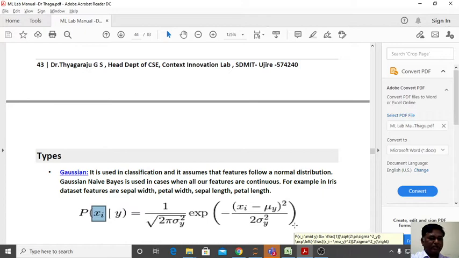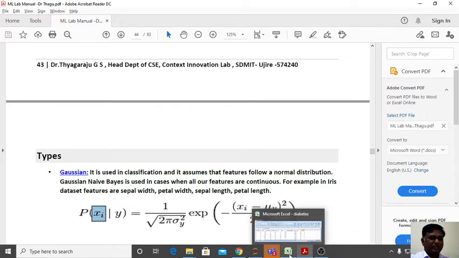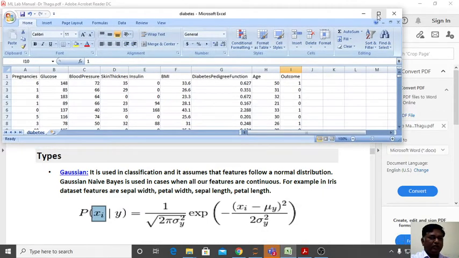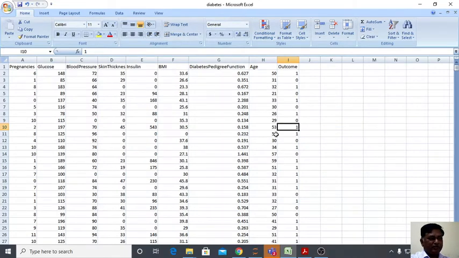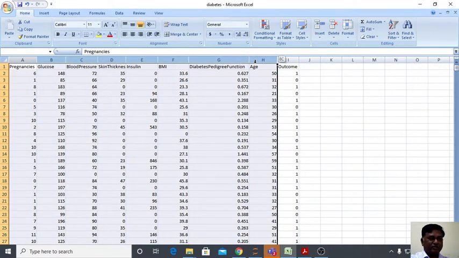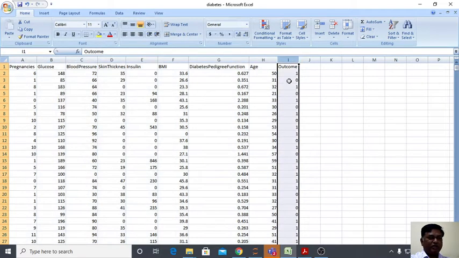Before starting this, we will see the data set. Now here is the data set. For this program, we are going to take the PIMA Indian diabetes database. This data set is freely available on the internet. So what is this data set? This data set contains 8 attributes, and the target is the outcome.